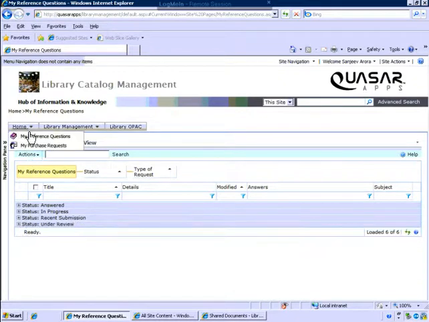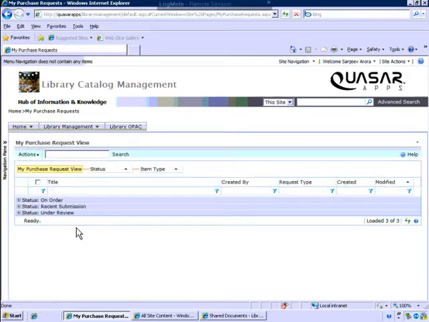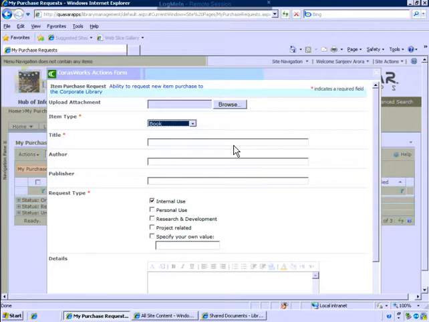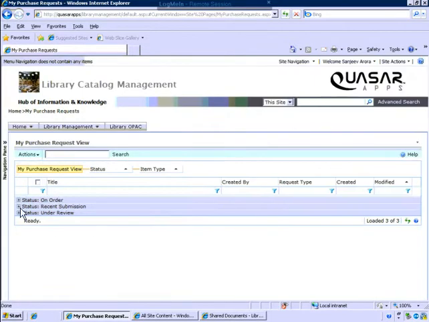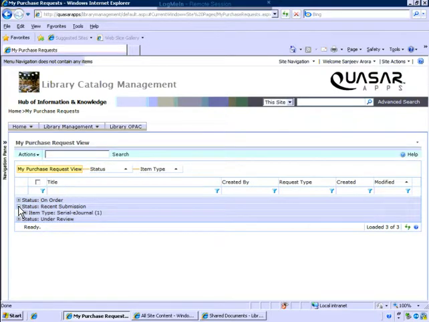The same features apply to the purchase requests area, where I can submit a purchase request if I needed to order a book, or if there was some research material I needed to get because of the research project that I'm working on. This could get directly sent out to the library administrator again, and once it's answered or once it's dealt with, you would see that status right in your portal without having to go to different locations and